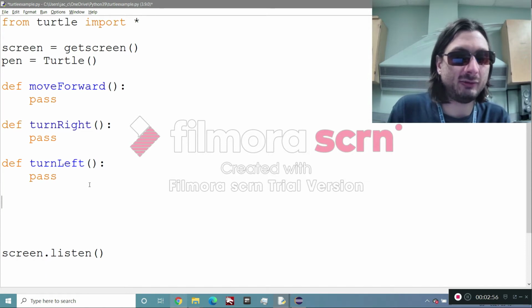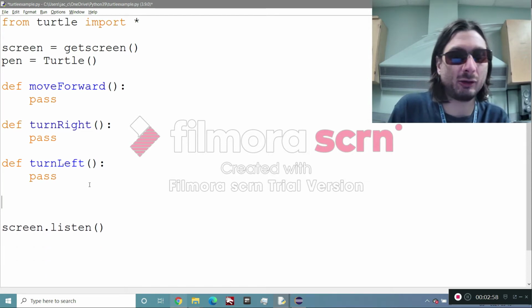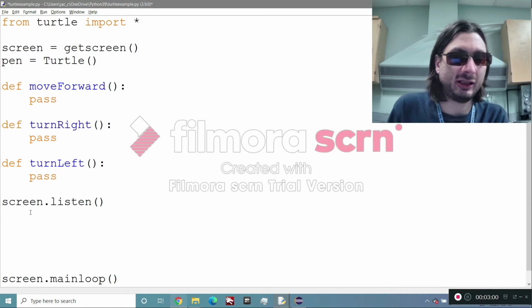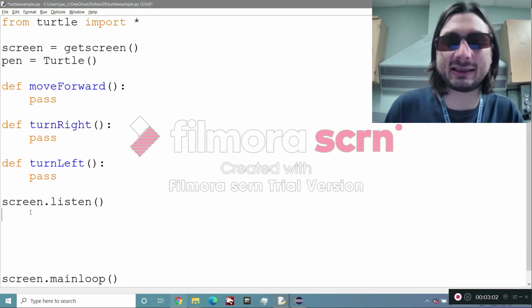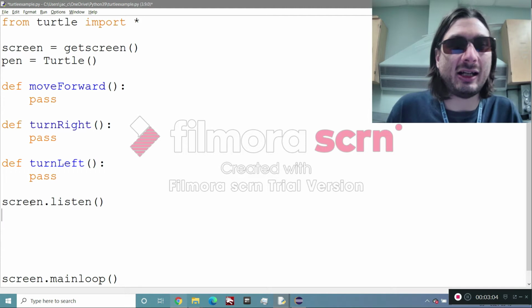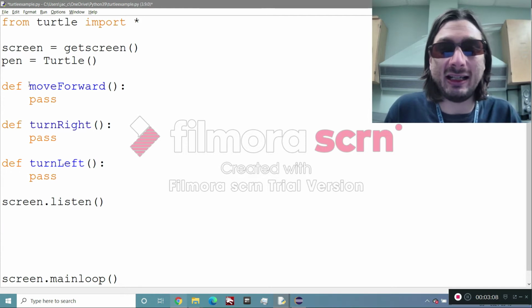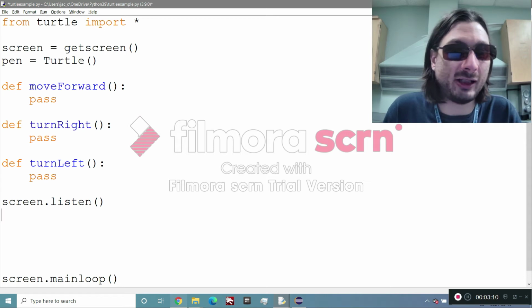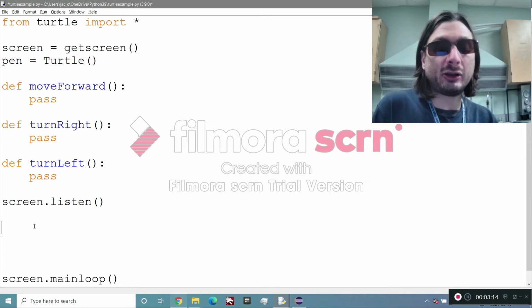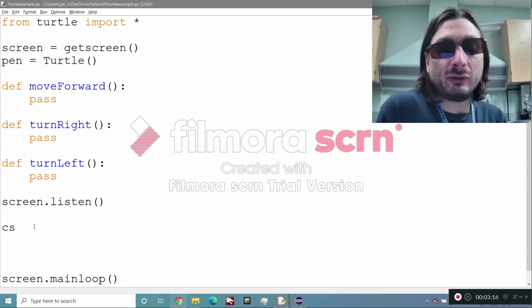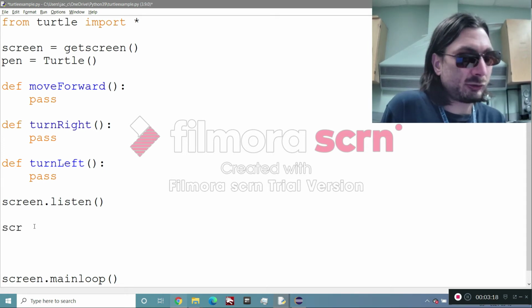So with those made, now we can actually create our listeners. What a listener does is it listens for a particular input, and when the input it's specified to listen for happens, it runs a certain piece of code. And the code it's going to run are these functions. So we're going to do screen